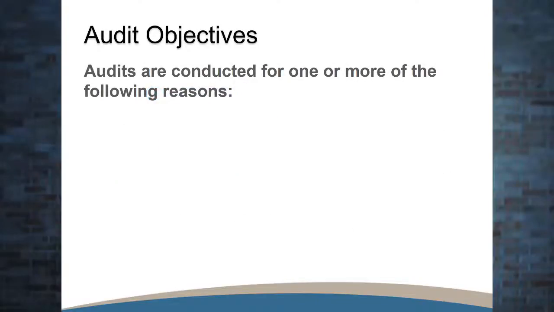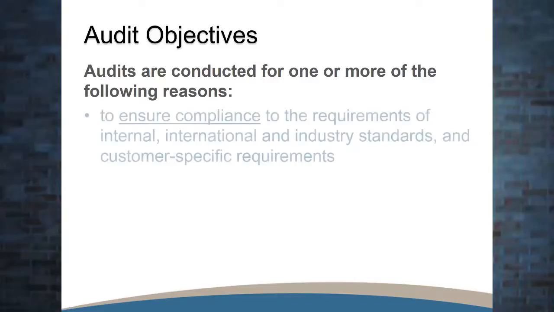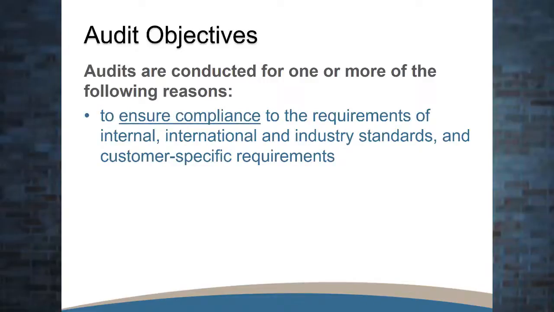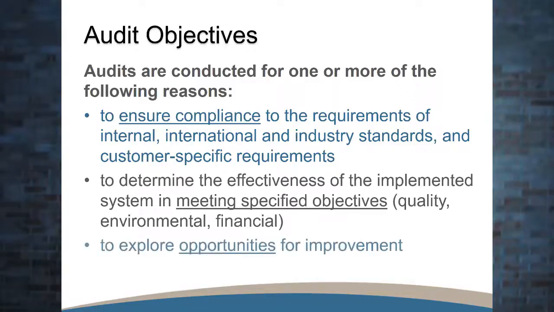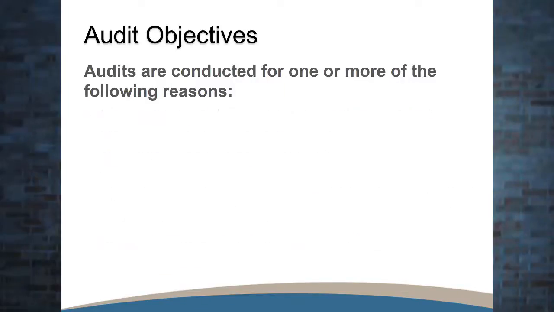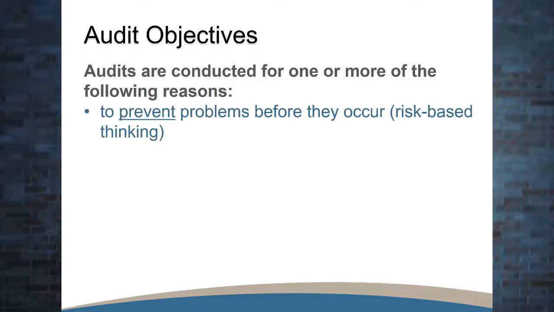Audit objectives. Audits are conducted for one or more of the following reasons: to ensure compliance to the requirements of internal, international, and industry standards and customer-specific requirements, to determine the effectiveness of the implemented system in meeting specified objectives, be it quality, environmental, financial, etc., to explore opportunities for improvement, to prevent problems before they occur, such as risk-based thinking,